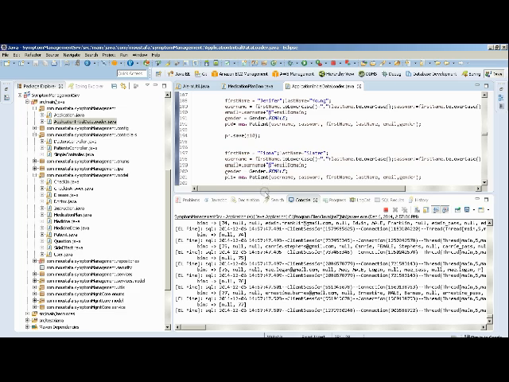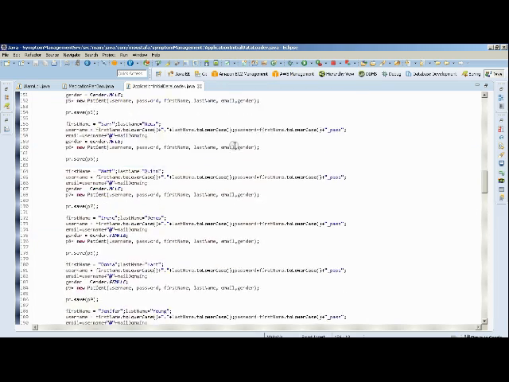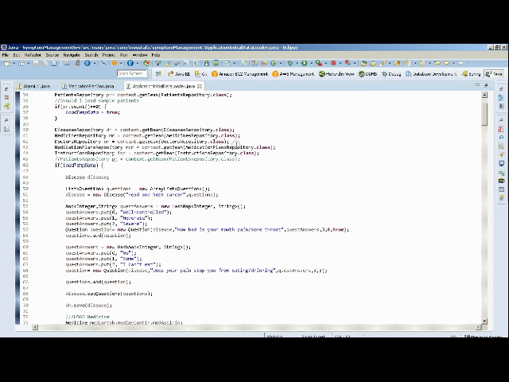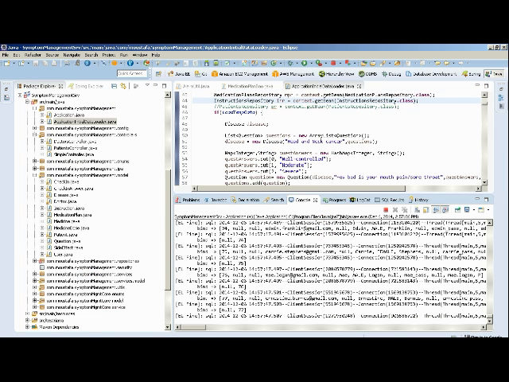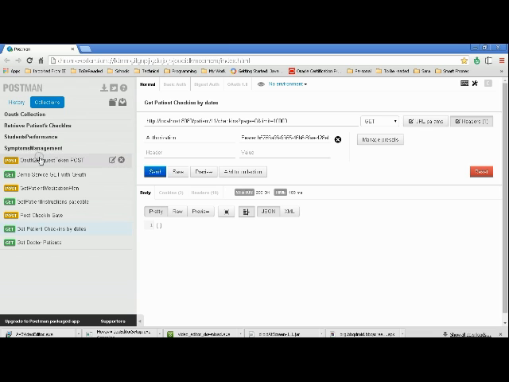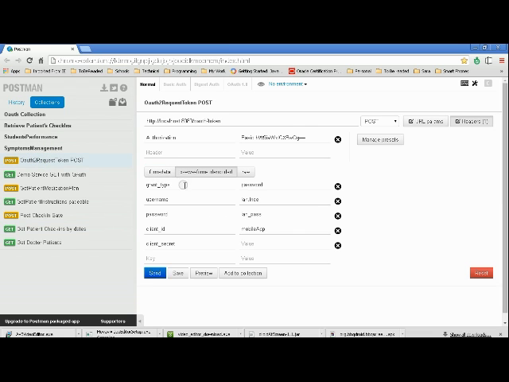Okay, I think the server is up, and I already included some data loader here. It is responsible for loading random data inside the in-memory database we have. Okay, now the server is up. Let's try to call some services